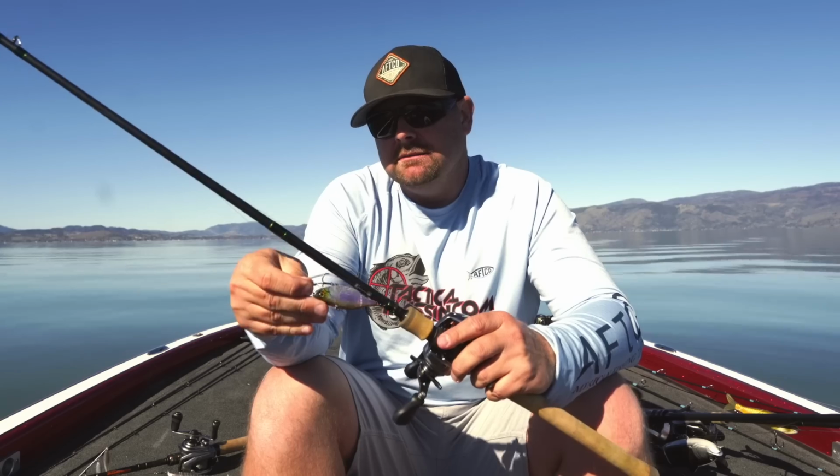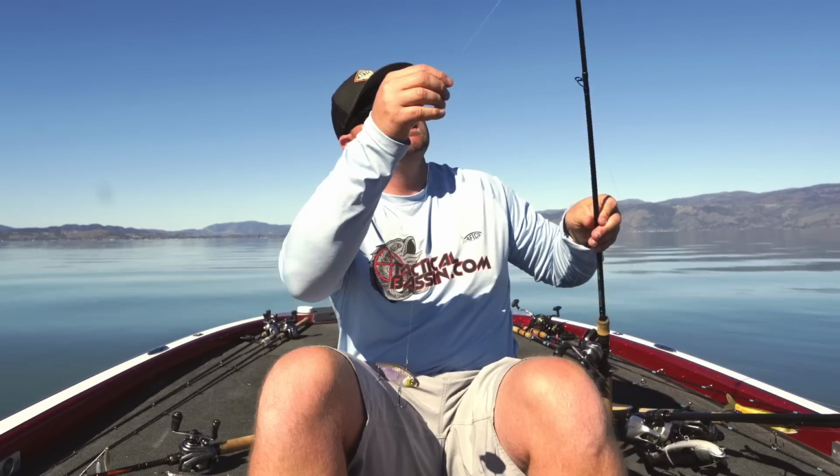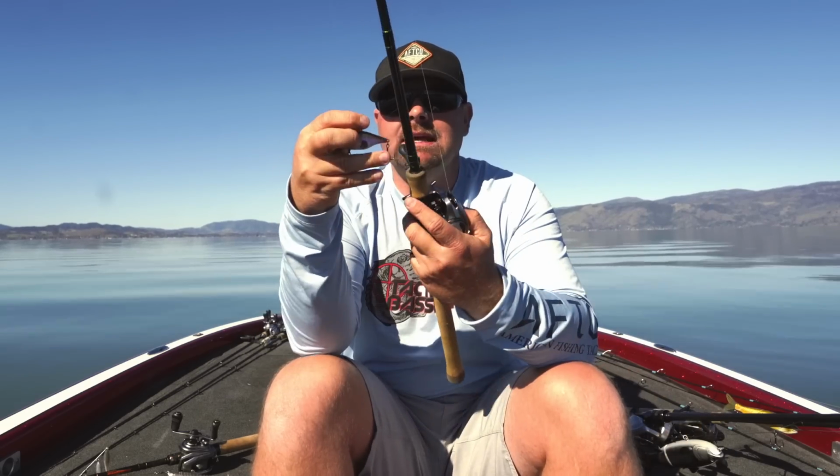Lipless crankbait, same thing. These fish, when they're moving up this time of the year, they're moving up to where they're gonna spawn. They're moving up to the bays, the creek channels, shallower rock piles. We just did an in-depth lipless crankbait video, but a lipless crankbait is something that